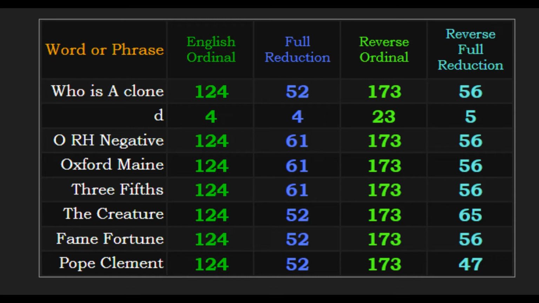Because why else would it match up numerically with Rh negative, 3/5 of a man, Rh negative, who is a clone? They're the same thing. They were talking about them. That's who was in there. That's 3/5 of a man less than. It's not the black people. Get that corrected. So we go to the